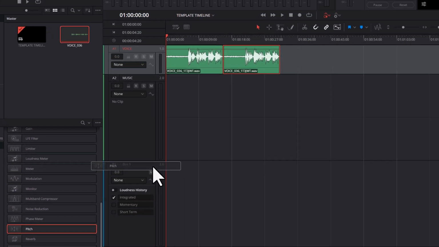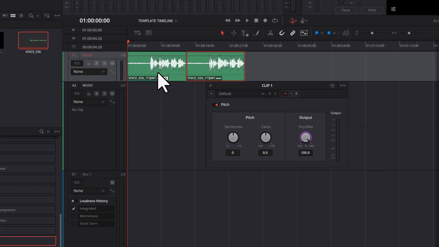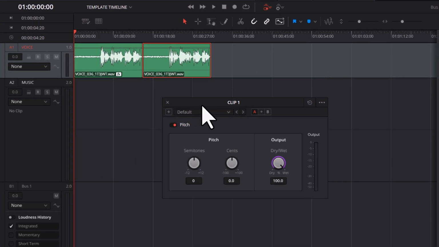You'll notice that when we add a new effect, a settings panel pops up. These effects panels allow you to make changes to the settings of the effect and customize the sound of the effect to your liking. Also, you'll notice that the top of the panel shows the name of the clip or track that you're currently making changes to. Keep an eye on that. This way, you won't accidentally change effects or settings on the wrong track. In this example, we'll make changes to the pitch effect on clip 1. By turning this knob, I can make the pitch higher